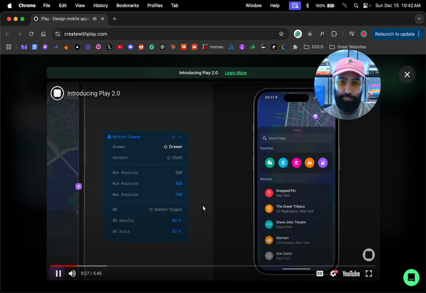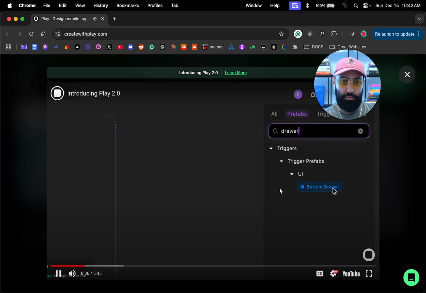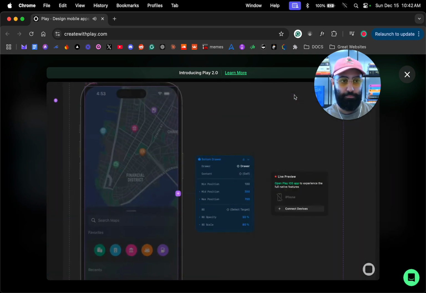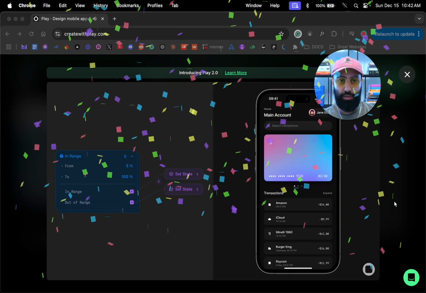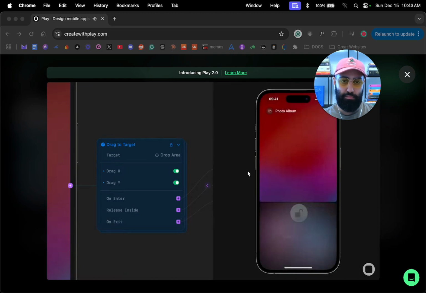Let's start with prefabs, my favorite update in 2.0. Prefabs are a prefabricated, ready-made interaction for you to use in your projects. Search for it, drag it to your page, and it works like magic. The whole idea behind prefabs is to make it easy and fast to add incredible interactions to your designs without having to create them from scratch every time. If you want to create things like a dynamic header or drag and drop an object around the page, all that can be done in a matter of